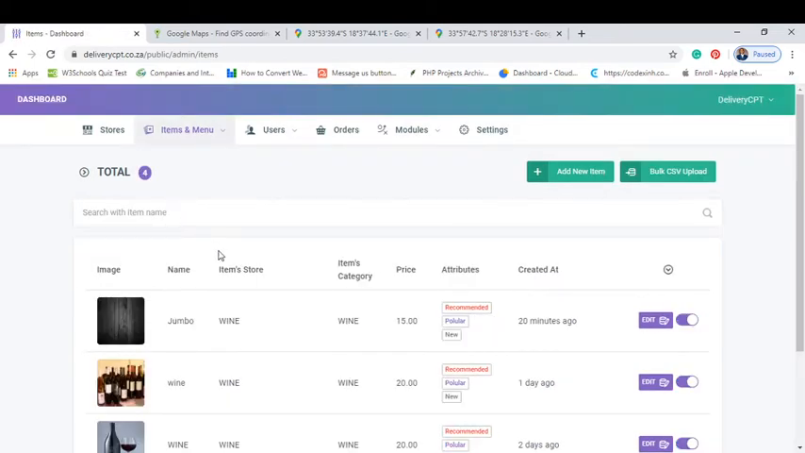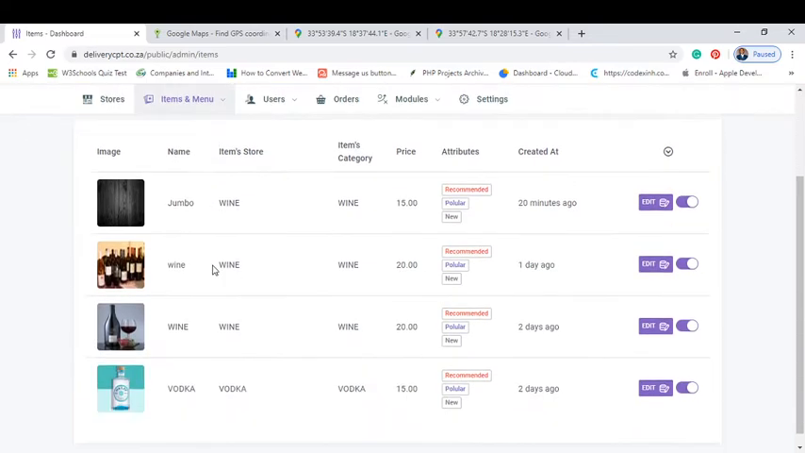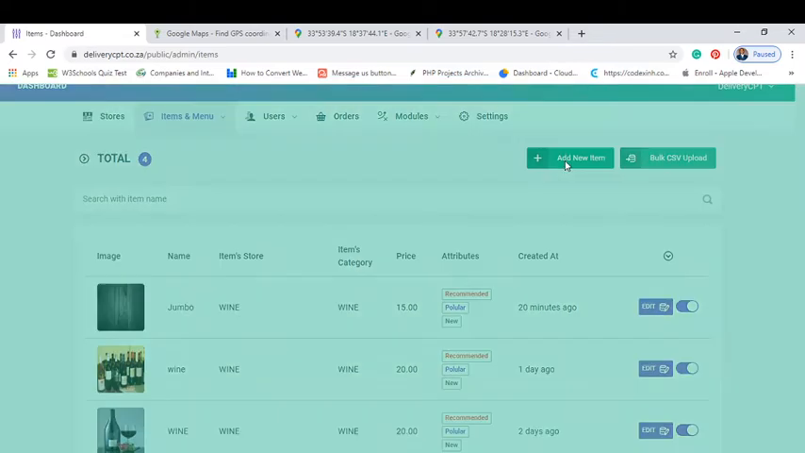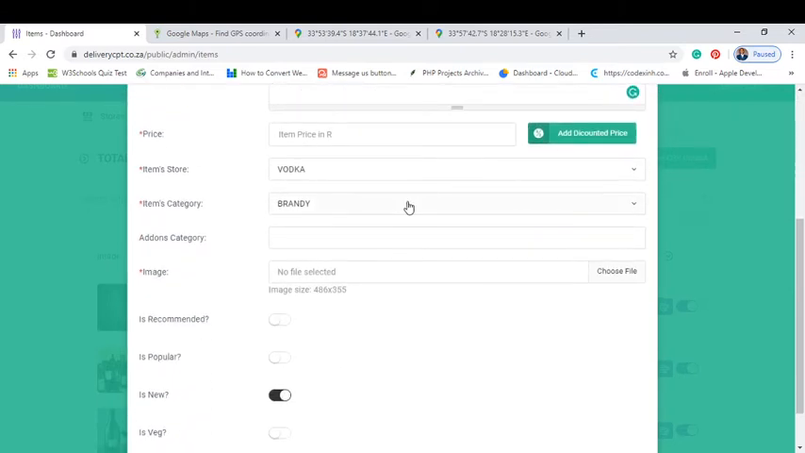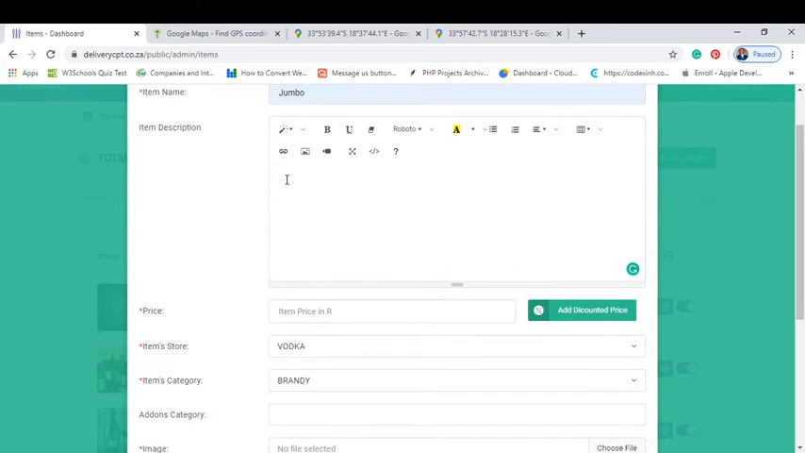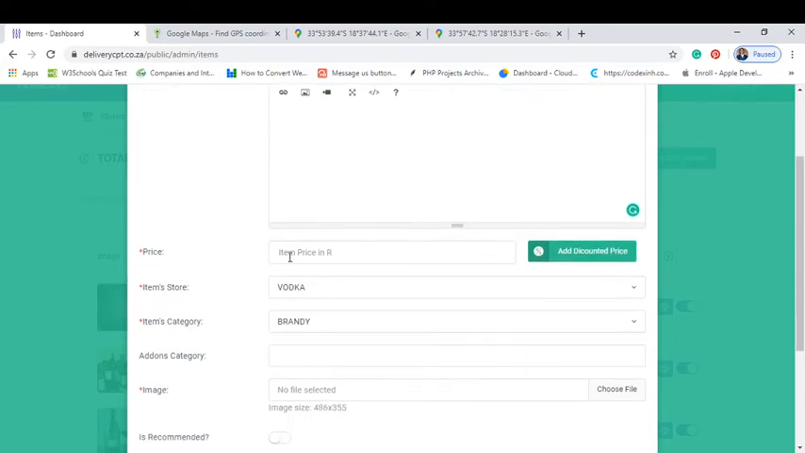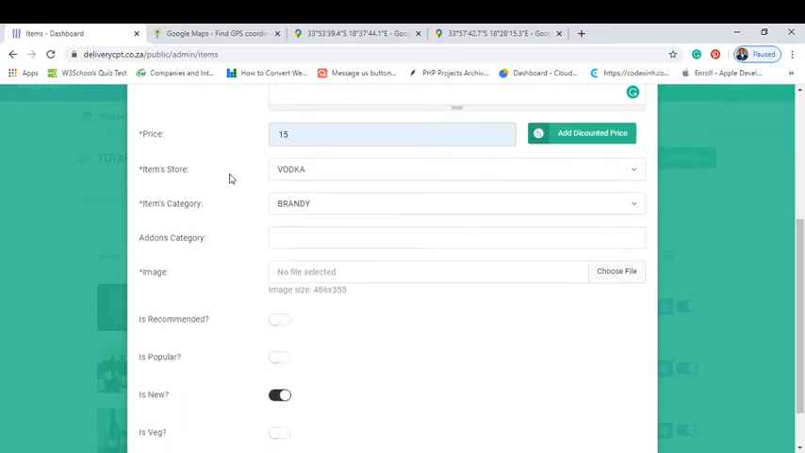These are the items. When you come to add item, you will give the item name and the item description. What is it that you're selling? You can give any description that you want. Then the price: how much is it? Is it 15 rand? And the item store,